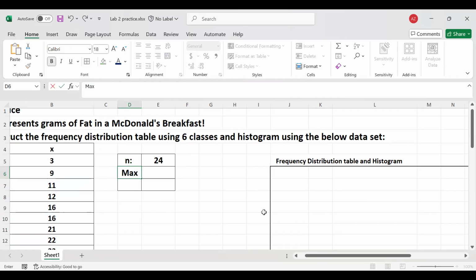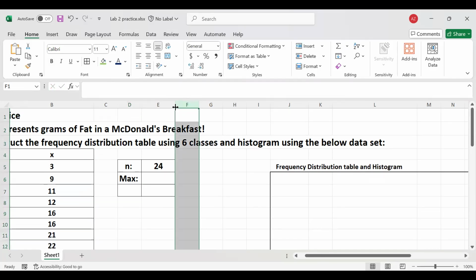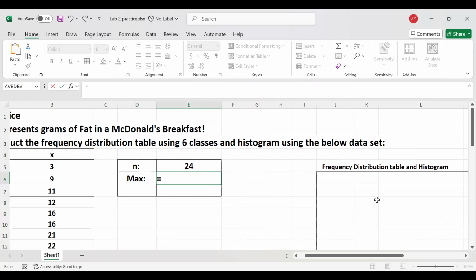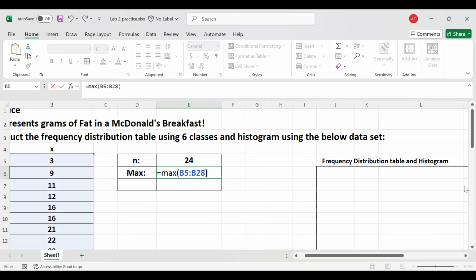Also, we're gonna figure out the maximum and the minimum and use that to calculate the class width. So in order to find a maximum, you just type in max, open parentheses. So highlight the entire data set. And Excel will return the maximum value in this data set. So that turned out to be 59. And also the minimum,